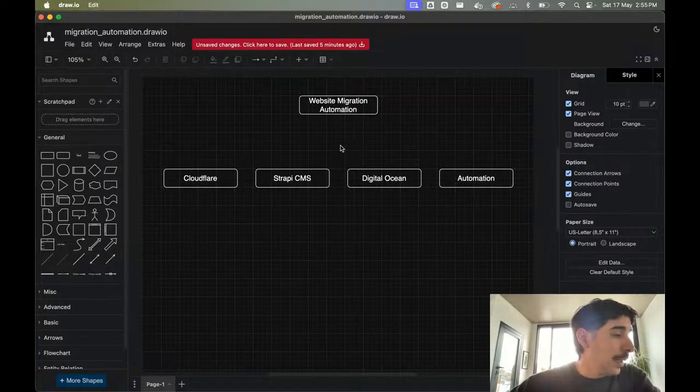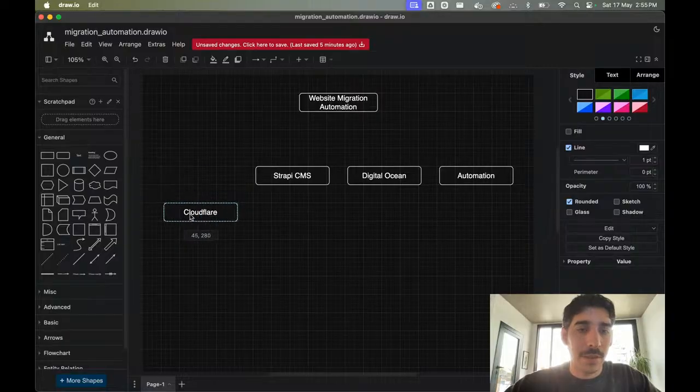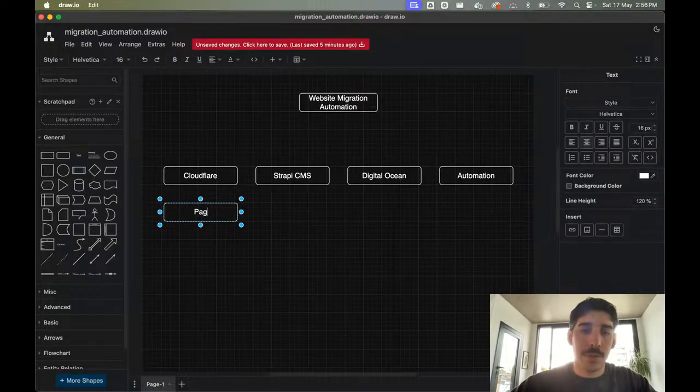So anyway, why should we think about Cloudflare for this thing that we want to build? Cloudflare could allow us to have pages and workers.